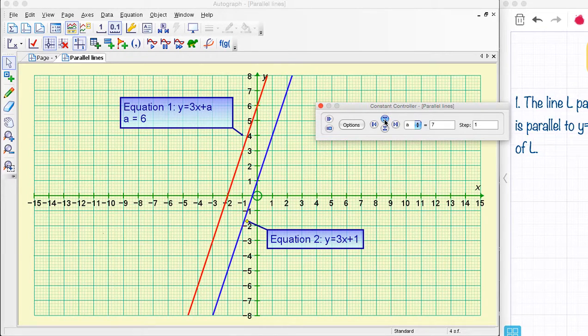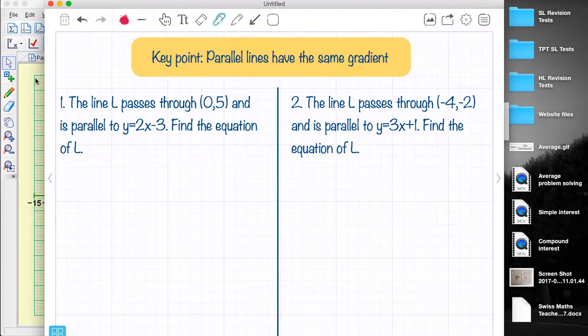Now every time I draw that, the gradient is always the same. It doesn't matter where it goes through the y-axis, whether it goes through 8 or 1. The gradients are the same. And this is the key point, that parallel lines have the same gradient. So when you have a problem such as this,